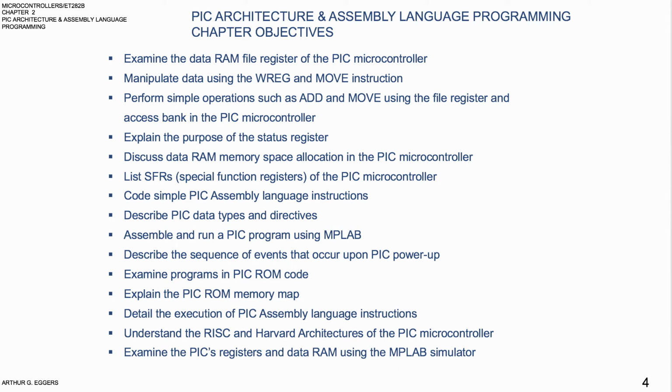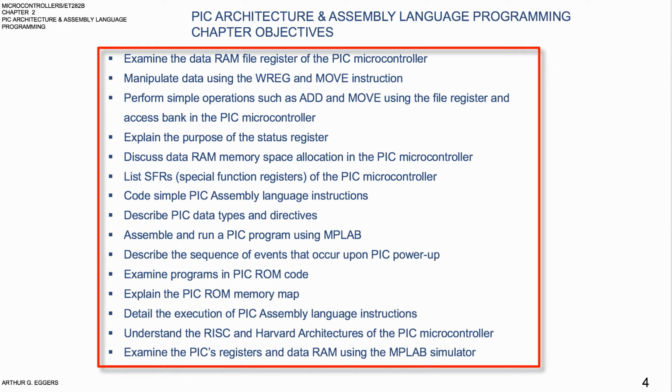As we go through this, you can see we've got several objectives as far as this section. Examining the data RAM, manipulating data using the working register in the move instruction, performing simple operations such as add and move, explaining the purpose of a status register, discussing data RAM memory allocation, a list of the special function registers of the PIC. We learn to code some simple PIC assembly language instructions, describe the PIC data types and directives, assemble